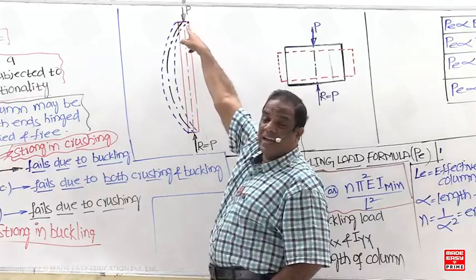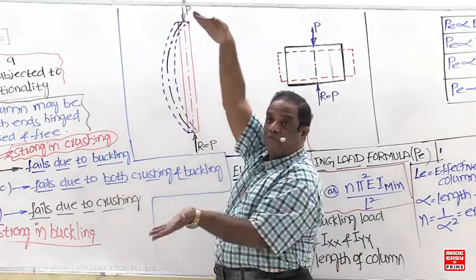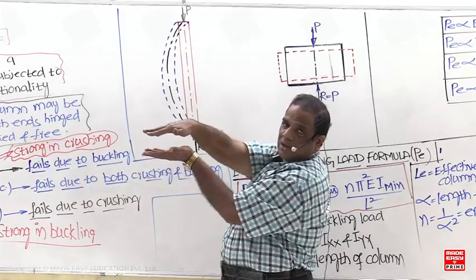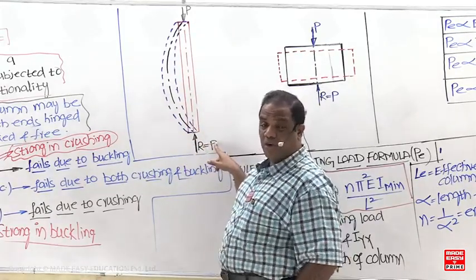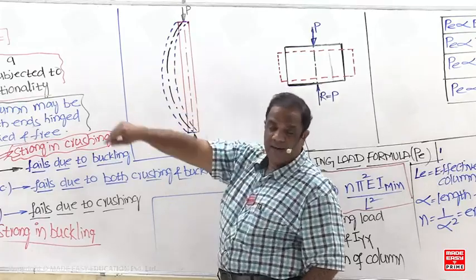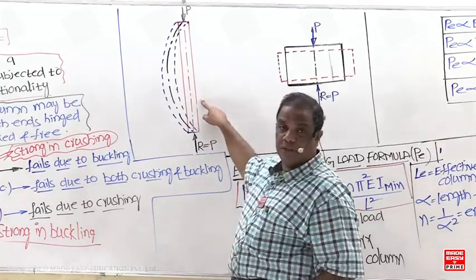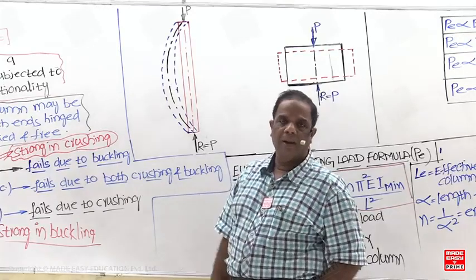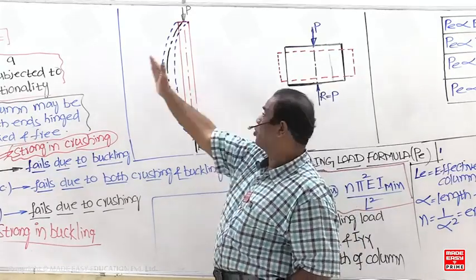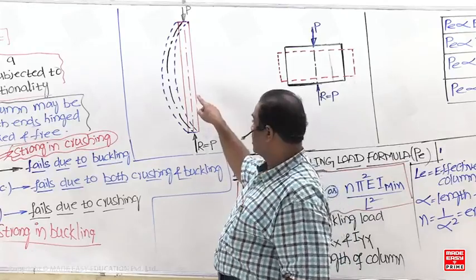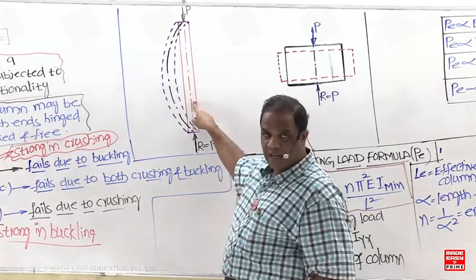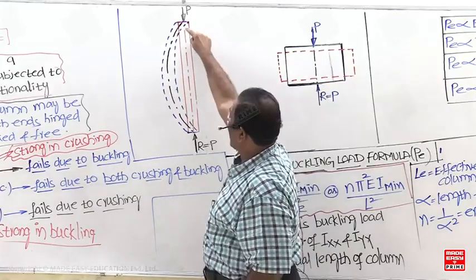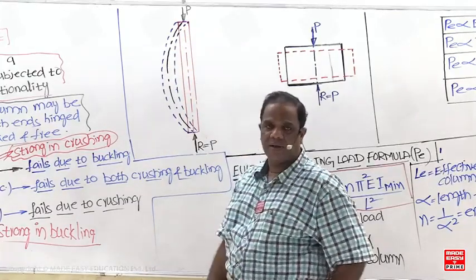So when this load gradually increases, what happens now? Generally, what is the effect of the axial compressive load? Length reduction. But here, before length is going to be decreased, the axis is going to get deviated. This red portion is the initial position, and this blue dotted one is the final one now. So before length reduction, the axis gets deviated. So this column is going to fail by buckling. This curve, the black colored axis, is called a buckling curve.